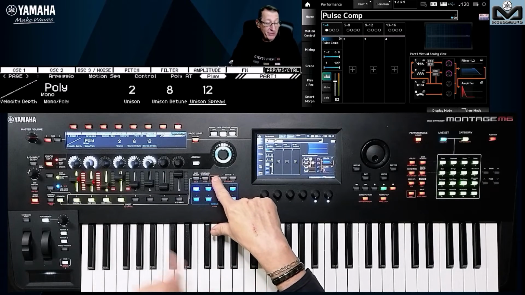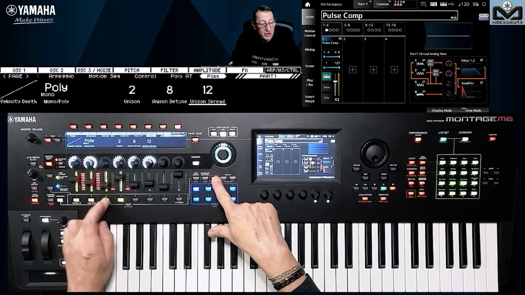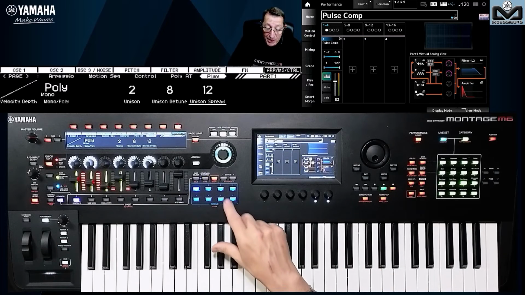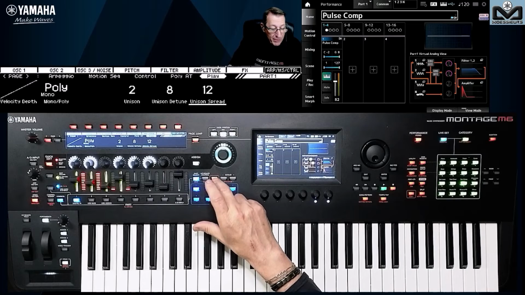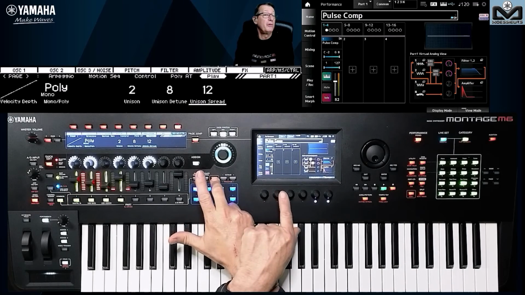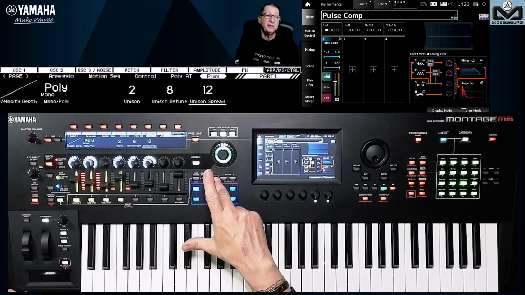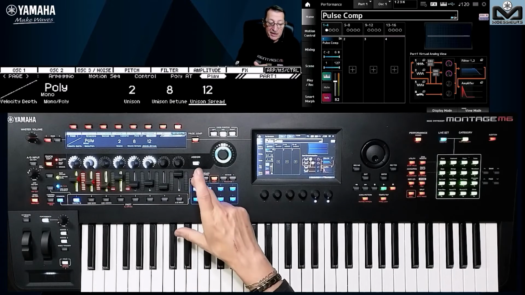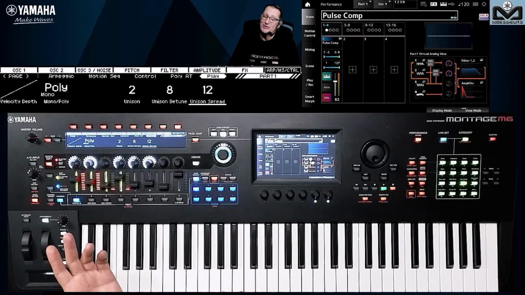Another time press shift and you see it's lighting, and now I can select which is muted and which is unmuted as an example. If I want to have one alone, the better way is to go on the part select now, press shift and solo to be on solo. So the part is on solo, so I will hear only that part. And I keep pressing shift, and now I can put on solo the oscillator 1 as an example if I want to have it on solo. Very easy, but you need to know how to do it, of course.